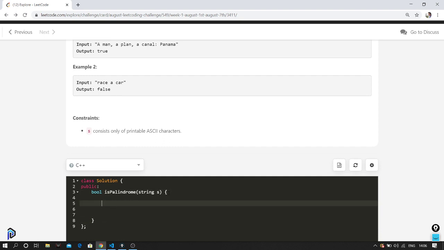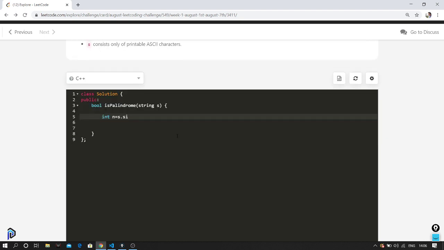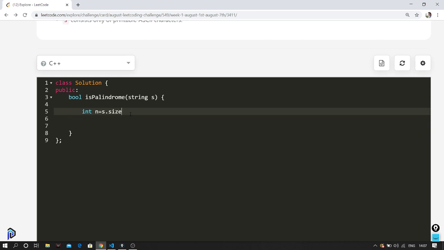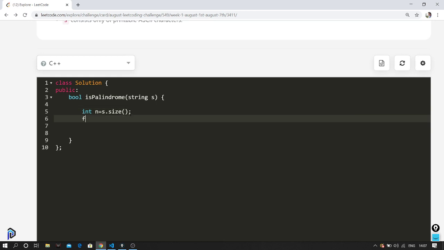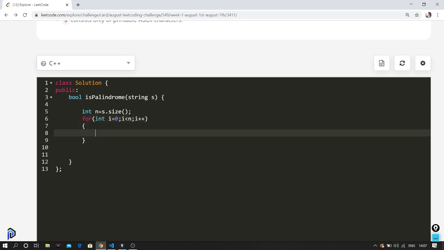So let's get started. First we'll find the length of the string. Let me zoom out a bit. Okay, first what I'm going to do is swap all the alphanumeric characters to the starting. For that I have to check whether each character is alphanumeric, so this is a function to check it.